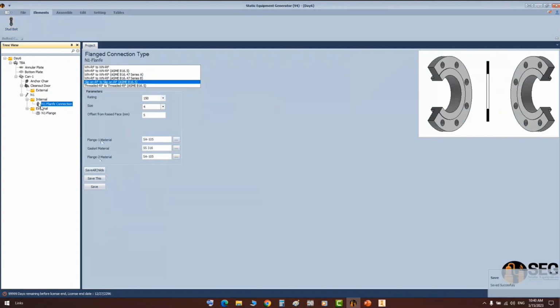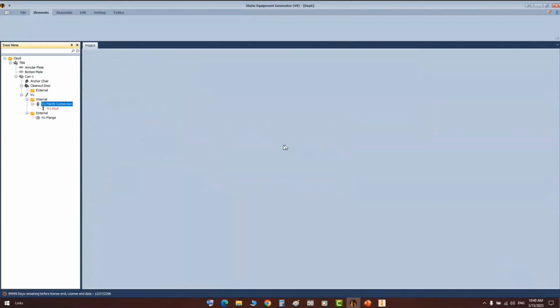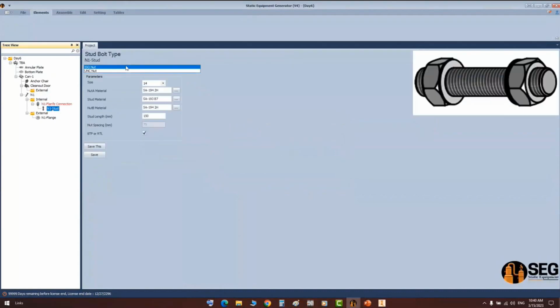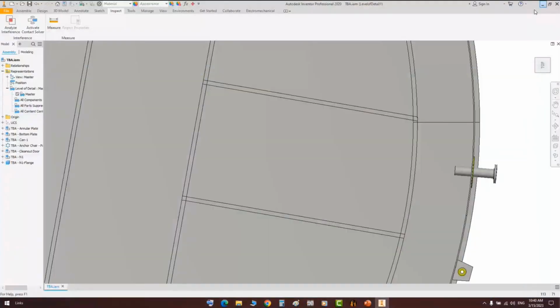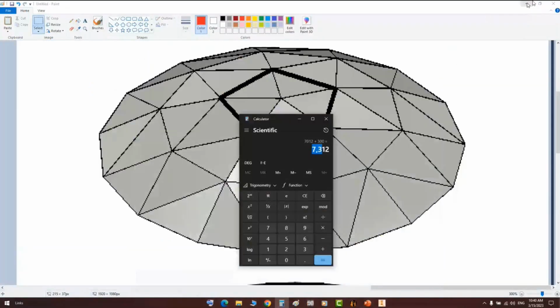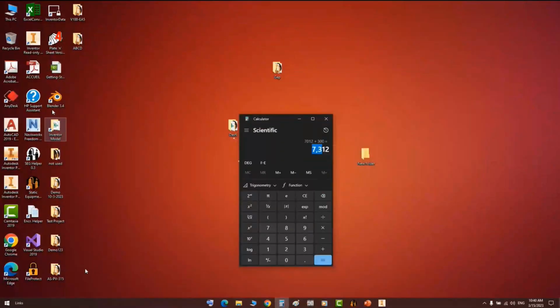So let's select this one, and from bolts, let's select stud N1 stud like that, and from here you can select UNC. And if we open the Trouvé to check the size with that one, for example, if we open the Trouvé from here,